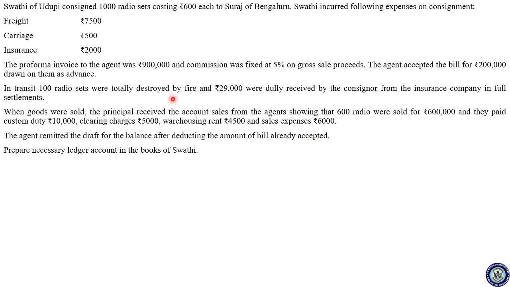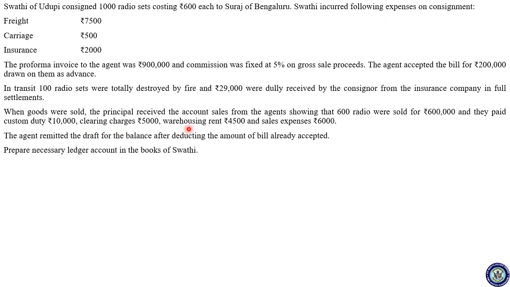Now you have to identify them as non-recurring and recurring. So custom duty, you know what is custom duty and you know what is clearing charges. Both these expenses are incurred before the goods enter the gate. Gate in the sense enters the godown. If you get confused, just think enters the godown. Clearing is done outside the godown, means we take it as outside the gate. So that is done before the goods reach the godown. So these are non-recurring expenses.